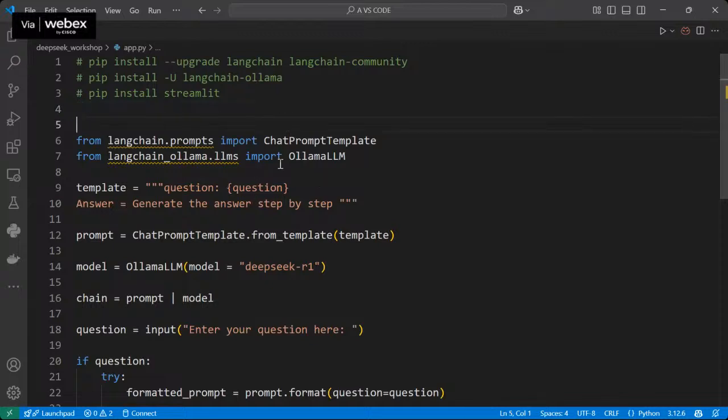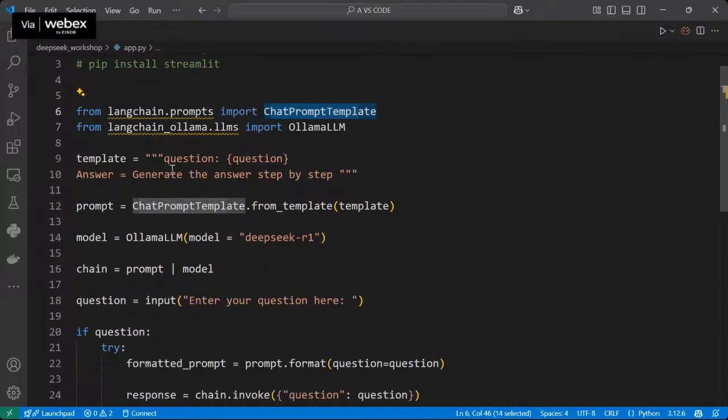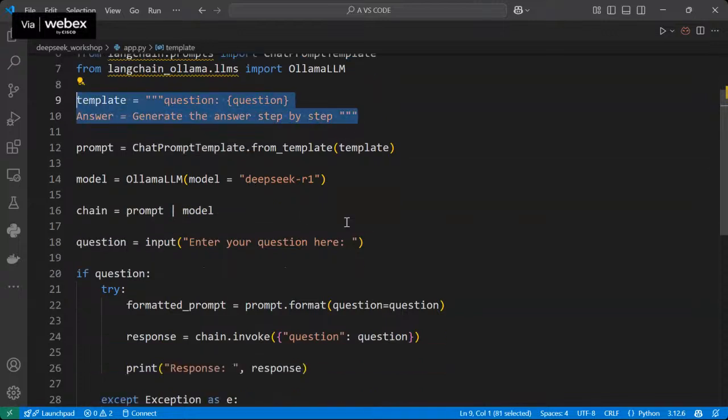And after that, we create a prompt, because once we import this library, we call ChatPromptTemplate and Ollama, 2 libraries we import from these frameworks. We define the prompt template here, and then we create this one. What we did, we created a template by passing this prompt, and let's instantiate this model. We try to call the model from Deepseek. And what is the next step we did? We create a chain.